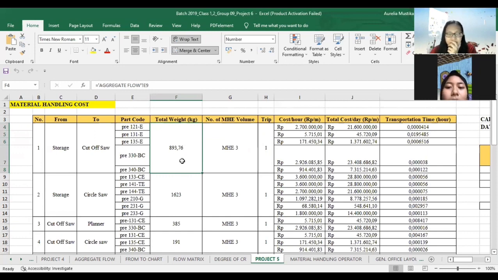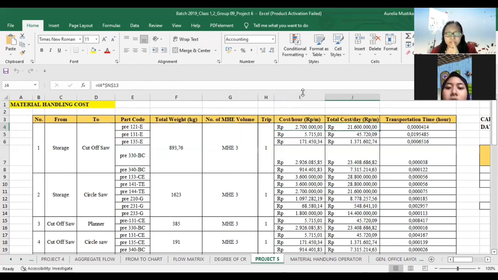And for the total weight, for example, on the screen, the amount of total weight is summed up from storage to cut-off saw. And number of MHE volume is categorized, and then trips, and for cost per hour, the formula is available on the screen.